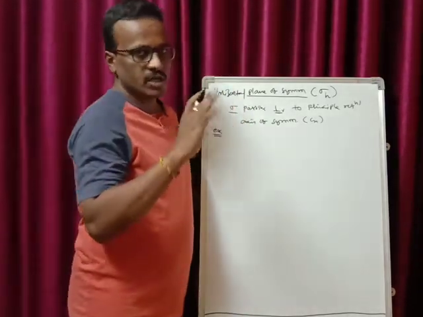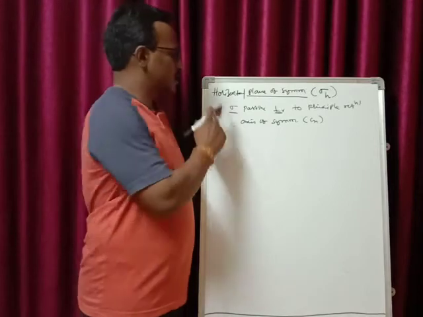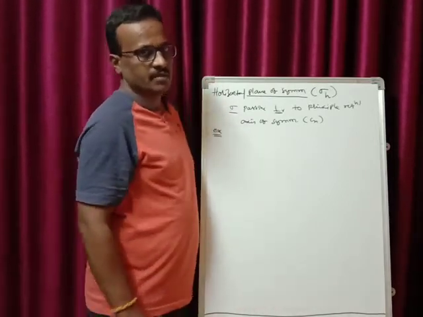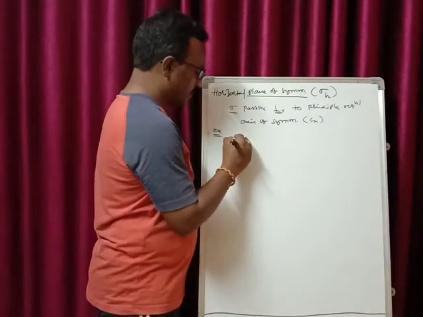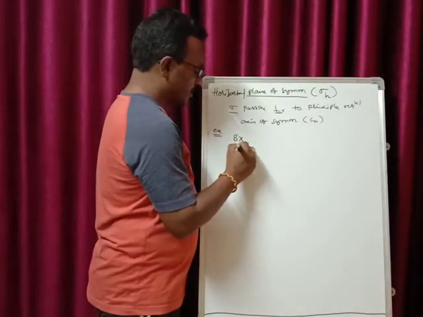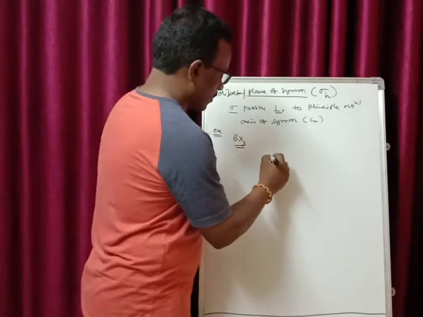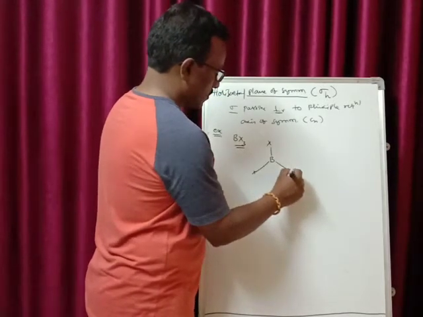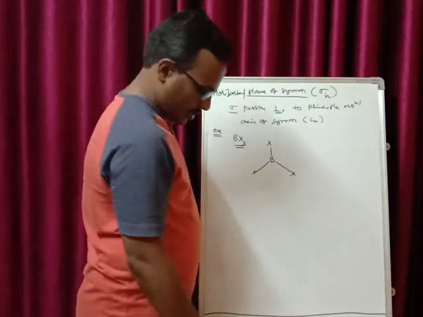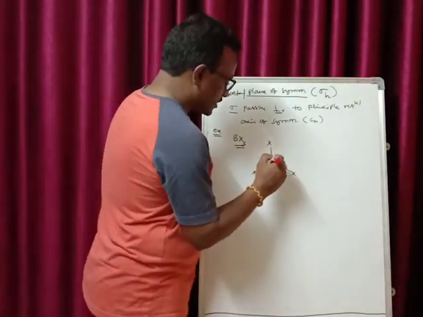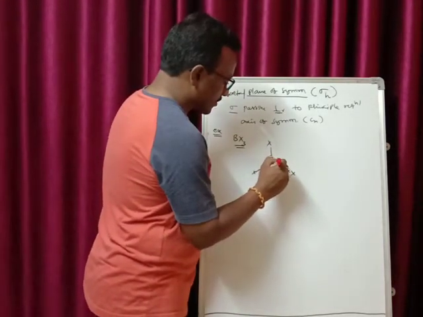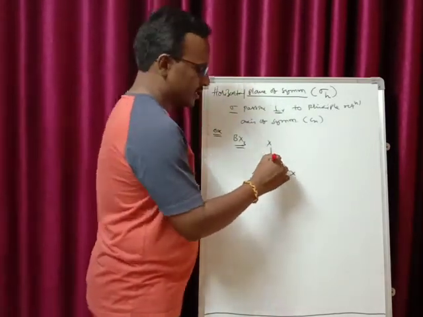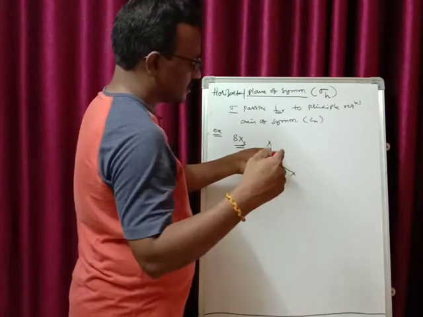Your water molecule doesn't have a horizontal plane of symmetry. Your ammonia molecule doesn't have a horizontal plane of symmetry. The horizontal plane of symmetry can be seen in the BX3 molecule. As already told you, in the case of the BX3 molecule, the principal rotational axis of symmetry is C3, and it passes like this through the center of the boron. That is, the rotational axis of symmetry is like this.